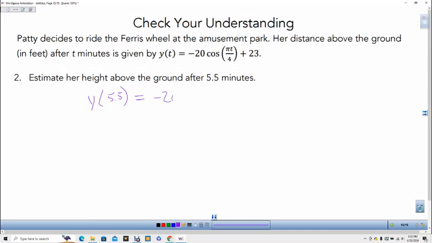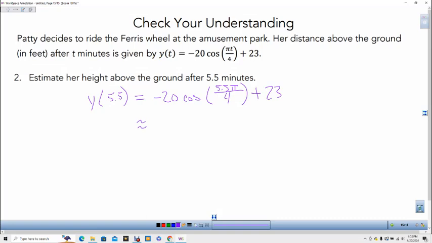So we've got negative 20 times the cosine of 5.5 pi. I just wrote the 5.5 and put it in front of pi. You could do pi times 5.5 also and get the same exact answer, and then close parentheses plus 23. And you just want to plug that in your calculator, making sure that your calculator is in radians,